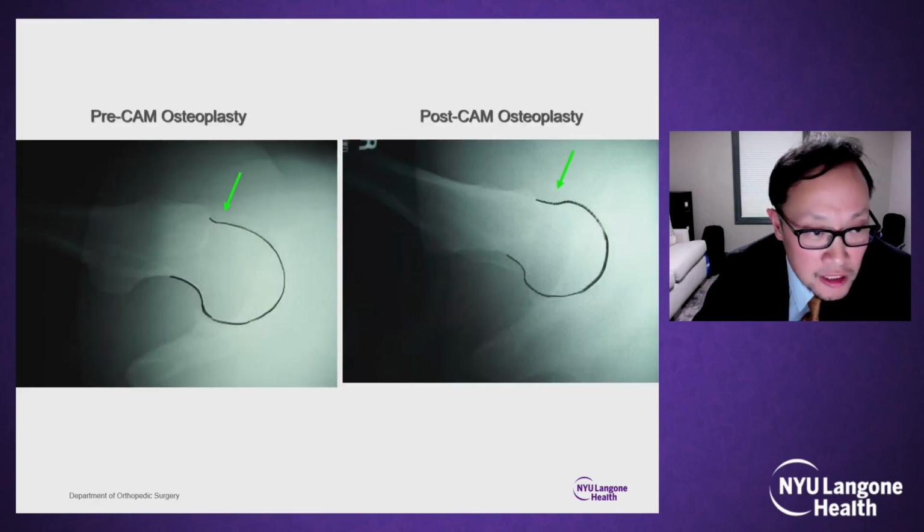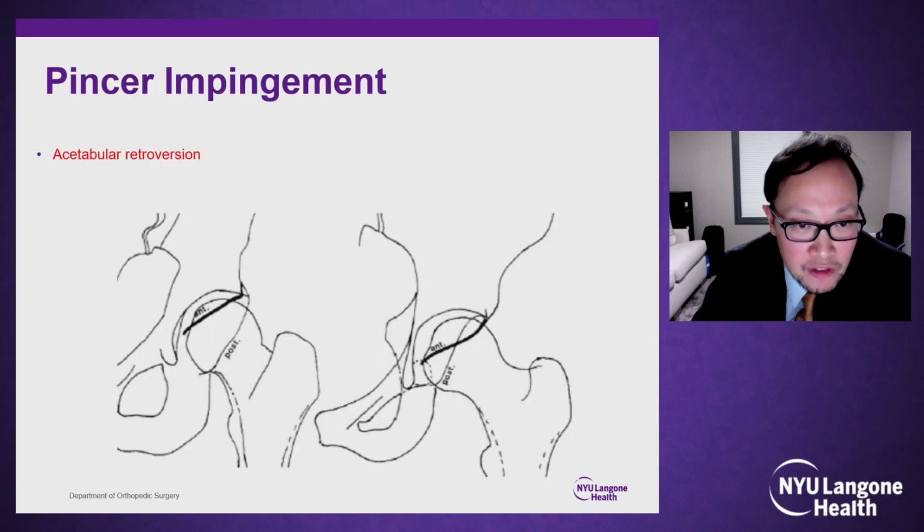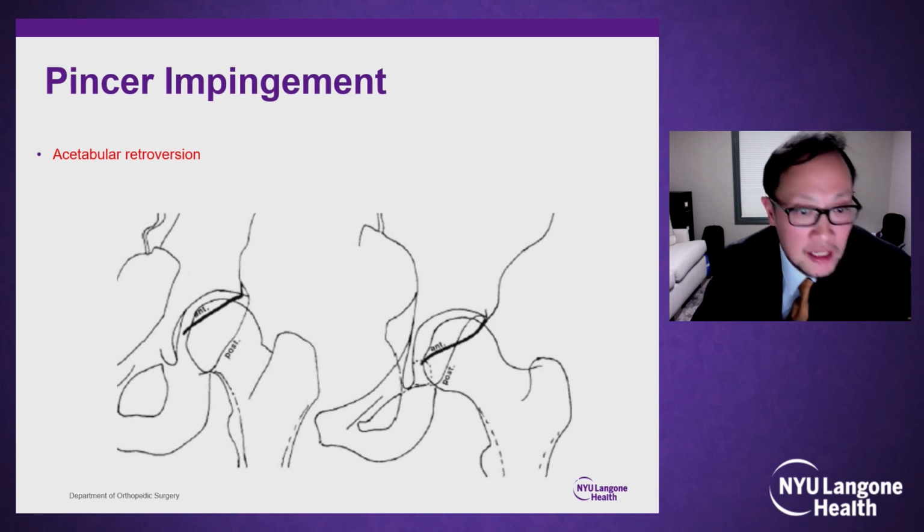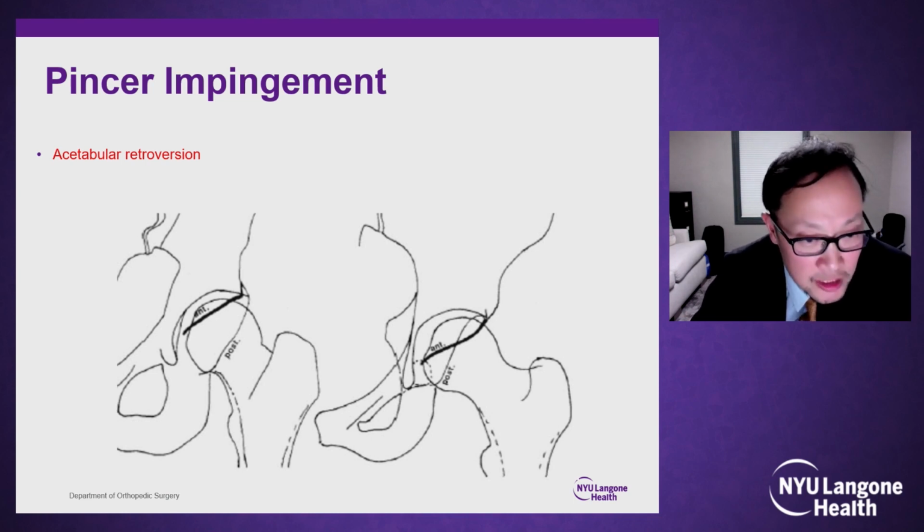And this is what it looks like before surgery. This is what it looks like after surgery. And we've gotten pretty good at doing this arthroscopically. Pincer impingement, we also know as acetabular retroversion, but we call it proximal focal retroversion rather than a global retroversion, which can sometimes indicate